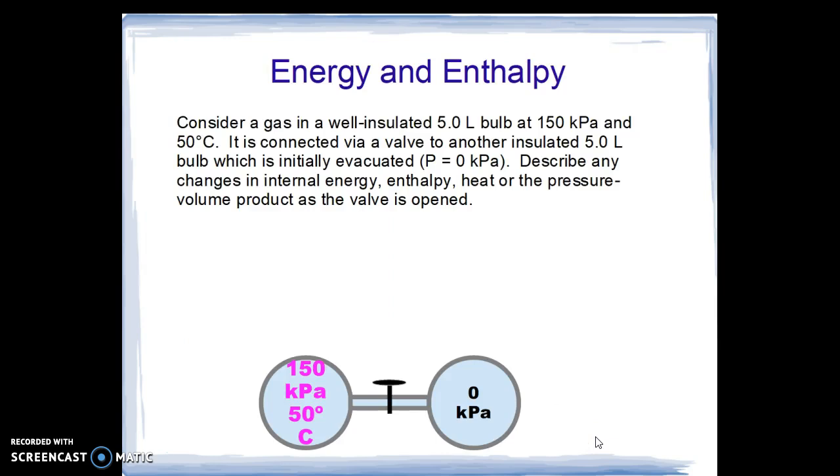Now let's talk about energy and enthalpy with this interesting problem. We have a gas in a well-insulated 5-liter bulb, and we give the pressure and the temperature. It's then connected by a closed valve to a similar bulb, and this has a vacuum in it. There is no pressure. What happens to internal energy, enthalpy, heat, or the pressure-volume product as the valve